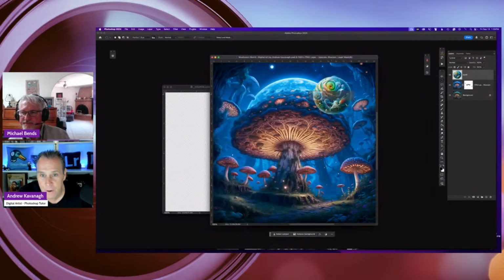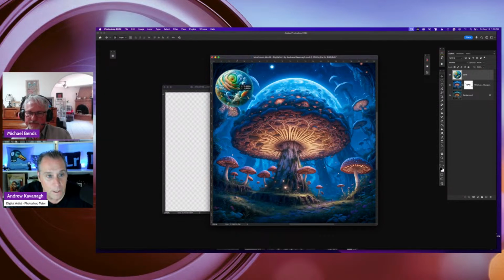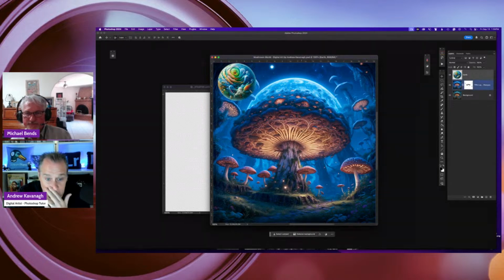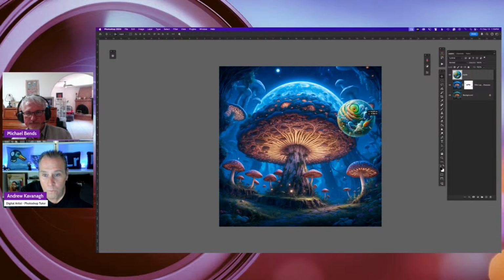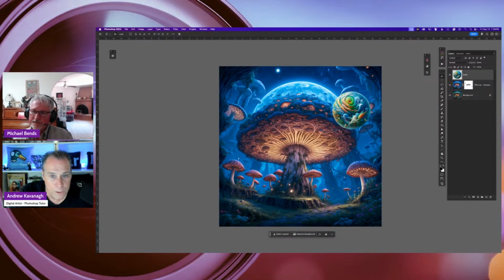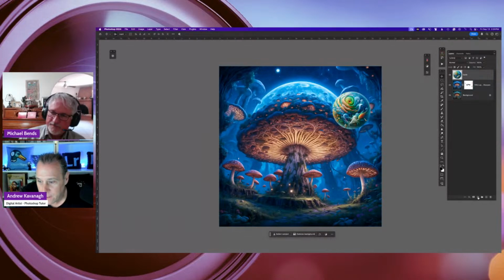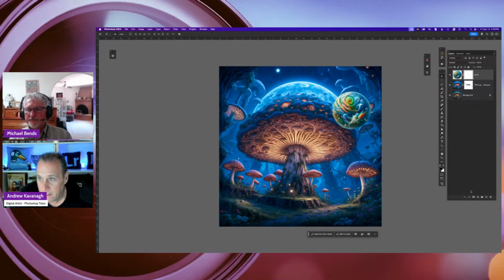And then I can bring that over and move it around to where I want. Maybe I want it in the top. It's just kind of like a floating planet. And so when you are creating a composition like this, do be aware that once you bring in an element like this, you can add a layer mask.